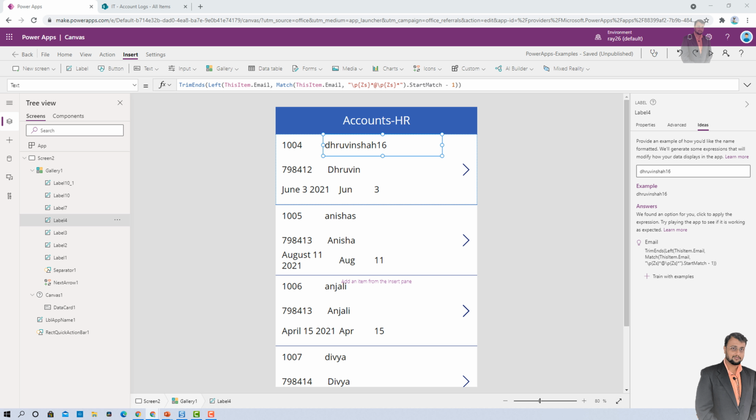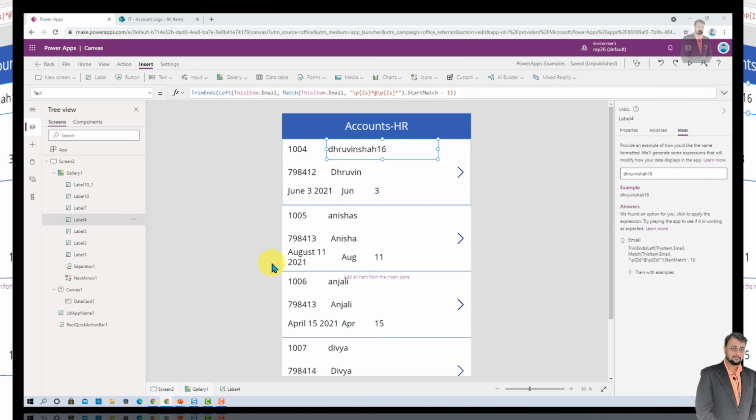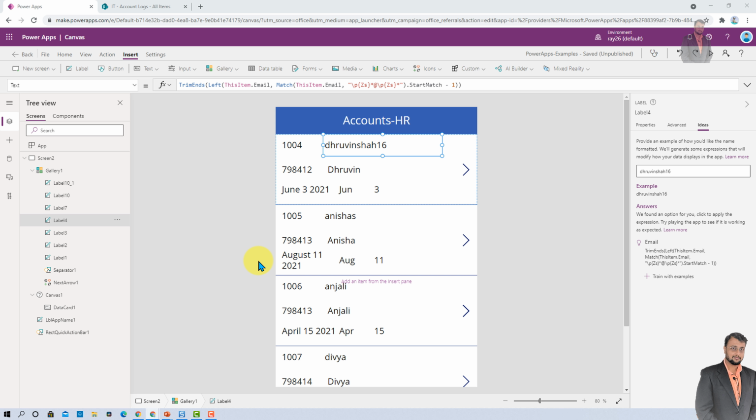And at this moment, remember one thing, this feature works for datetime and string data types only. Another important thing, at this moment it only works for label text in a gallery. If you have label text outside your gallery, this feature will not work for you. And at this moment it is not supporting any number manipulation, manipulating text from multiple columns, or scenarios that include branching and if-else patterns. So these are limitations at this moment, but Microsoft is definitely gradually improving this feature more and more. So we will have some cool capabilities in the upcoming future.